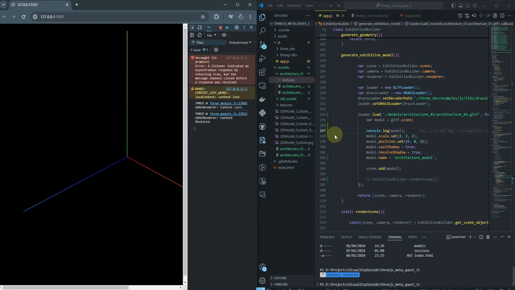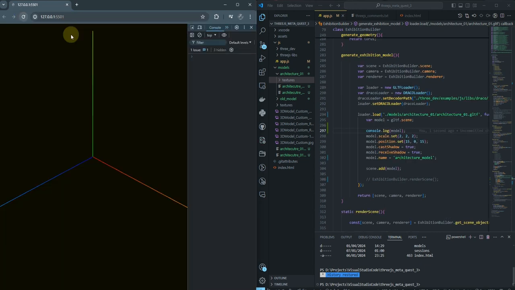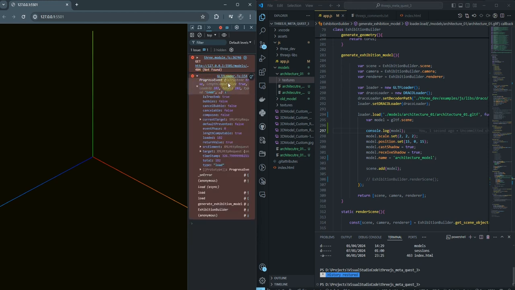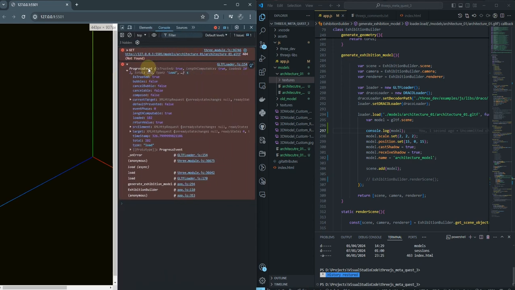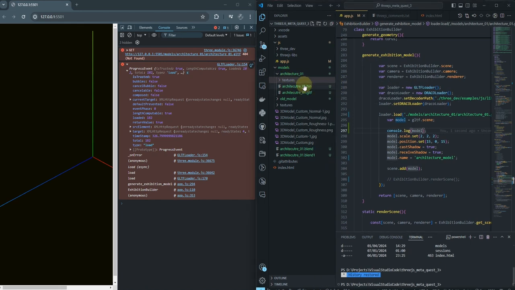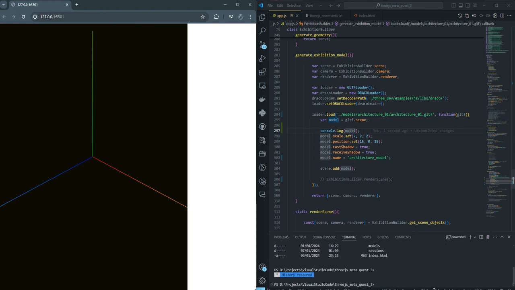So it's not really loading here. The problem, I think, is this. We're not actually accessing the URL. The models, architecture. So we need to check this properly. The models, architecture 01, okay, and then architecture, that's the file, GLTF. Cancel this, go back into Blender